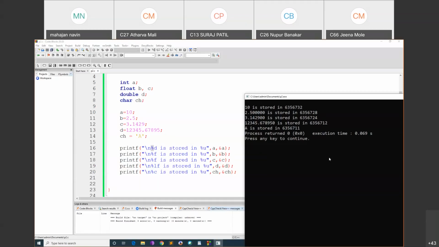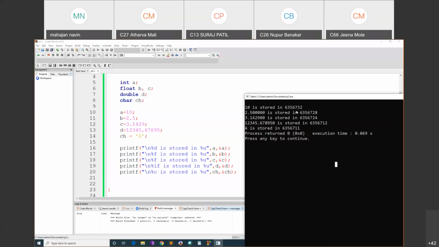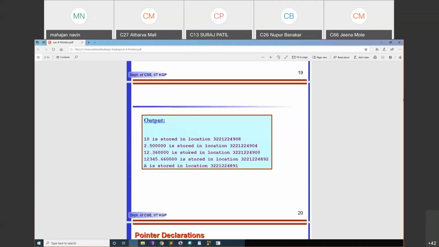Are you getting it? Okay. Mostly when you print the addresses, you will come to know what its addresses are. This is just to see what are values and what are addresses. When I say just a, it is the value 10, and when I say &a, it is the address. So when you declare integer a, a new variable a is declared inside the memory, and some value 10 is assigned to it, and the address is 635762. Output is the same thing like this. 10 is stored somewhere. What about these addresses? The addresses of my computer and the addresses of your computer will be different. That's why it is showing something else.